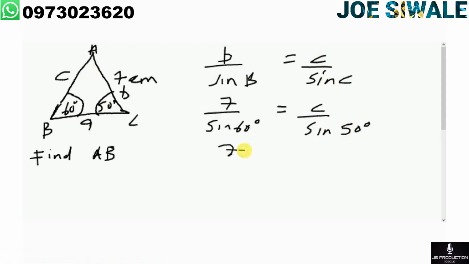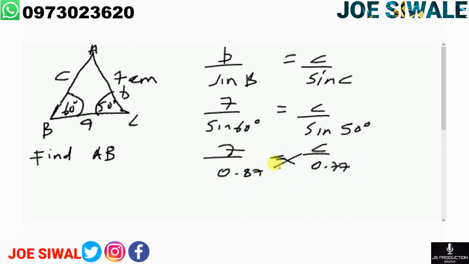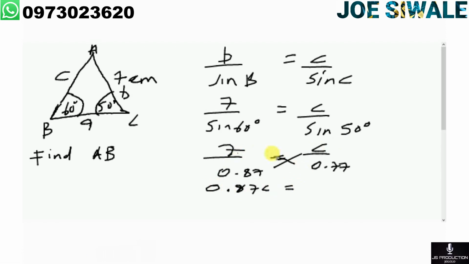Then I'll say 7 over sine 60. If you punch it on the calculator, that is going to give you 0.87. If you round off to 2 decimal places, c over sine 50 degrees, if you punch it on your calculator, it's going to give you 0.77 if you round off to 2 decimal places. Then if you reach this step, you can cross multiply. So 0.87 multiplied by c, I'm going to have 0.87c is equal to 7 multiplied by 0.77,